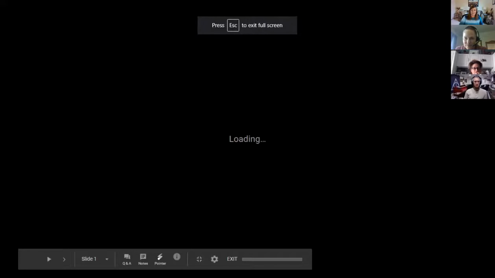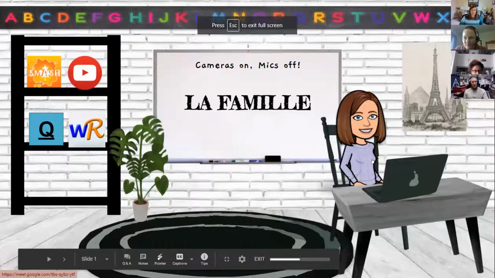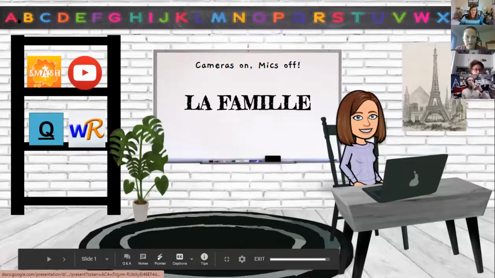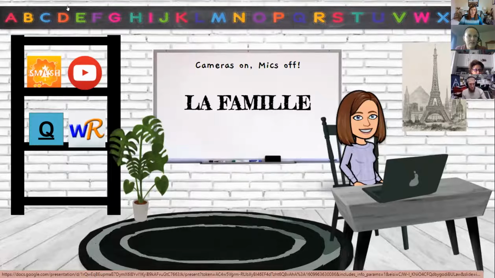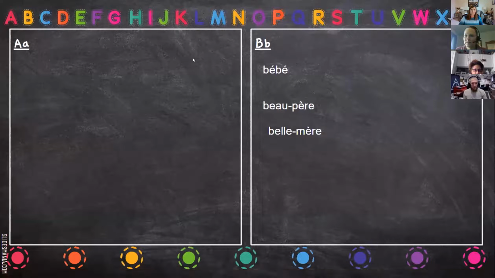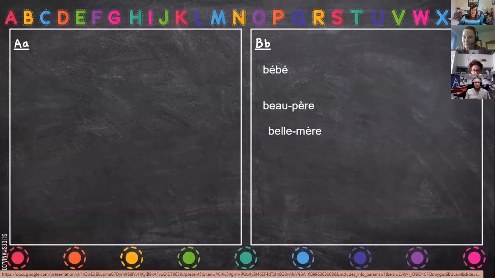So this one is mine, and I have my alphabet here all linked up. I'm working on adding words, like vocab that we've been doing. That's your own word wall you're creating as you go. That is awesome. That's a great idea. Really cool. I've been so frustrated with word walls.